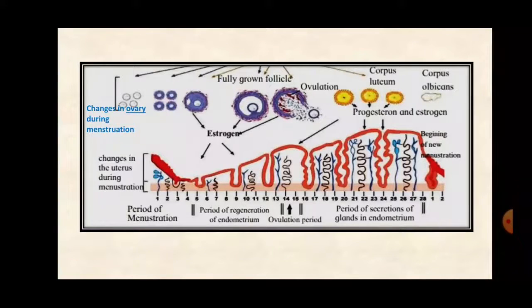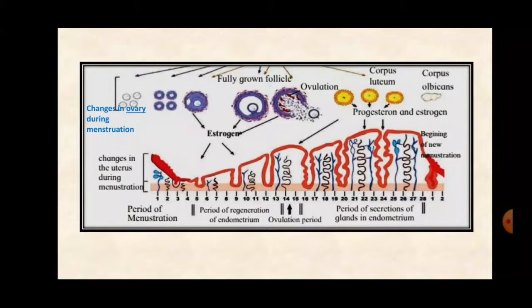What it is known as? Ovulation. This release of oocyte from the follicle is known as ovulation, and ovulation takes place under the influence of luteinizing hormone. Clear? Then the remaining tissue of the follicle which has burst is now empty. It is just a piece of tissue. So this tissue of the burst follicle